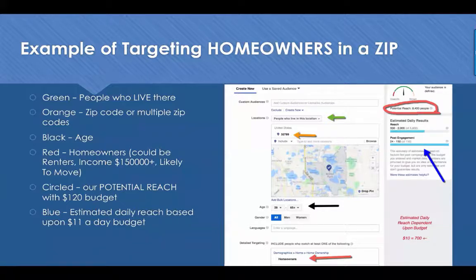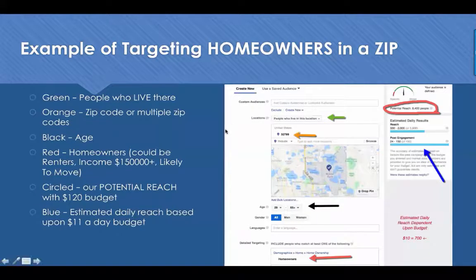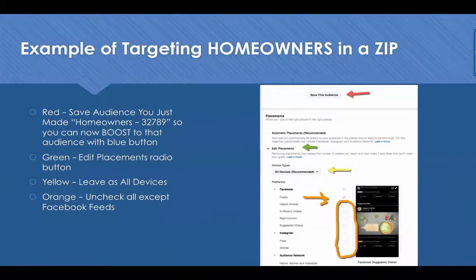And let's see what kind of engagement we get on our posts from homeowners or comments. You might be able to open up a conversation where you're able to go out there and sell them insurance, or sell them an idea of selling their property. You're going to save the audience, which would be just scrolling down, and then you only have to do this once. So now you'd have an audience that you would save, and you would call it 32789-homeowners. 29 plus.